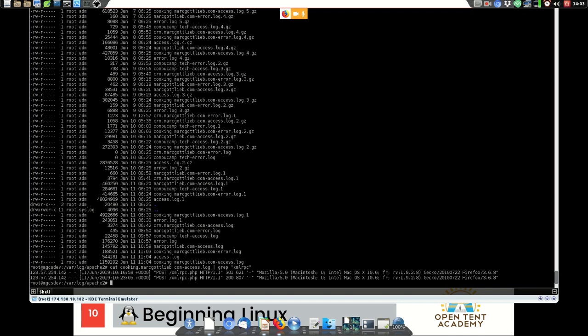So it's going to show me one IP address that has twice tried to hack my XML RPC, trying to send post data to this XML RPC in order to get in and hassle me.